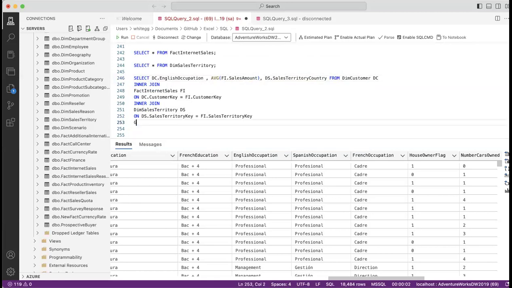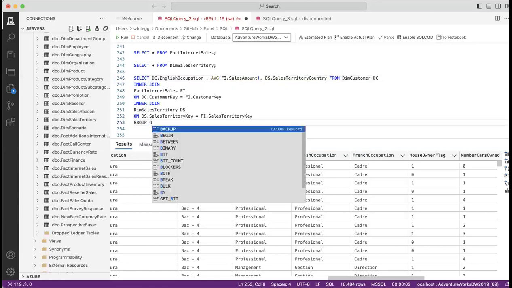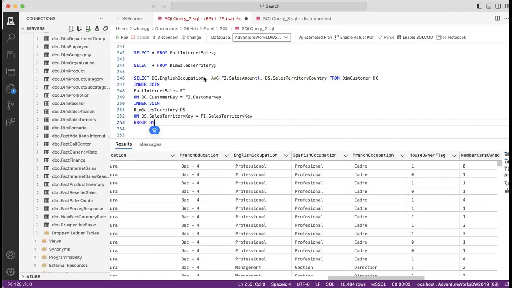So I'm just going to say group by. I'm going to group by this here. So it's going to group by the occupation, and then group by the territory. Otherwise, I'm going to get an error back. Let's group by this too. So everything looks good now. So if I run this,